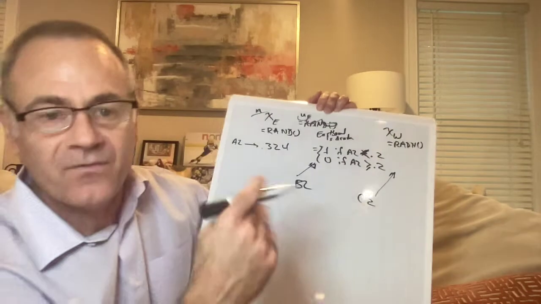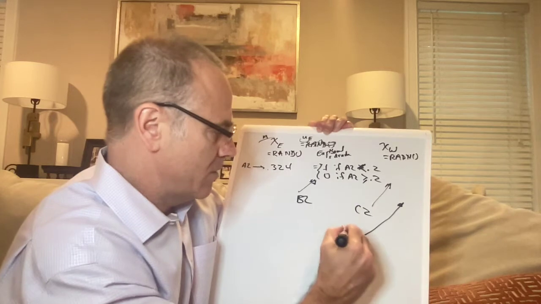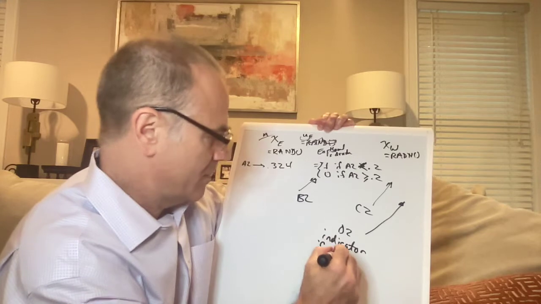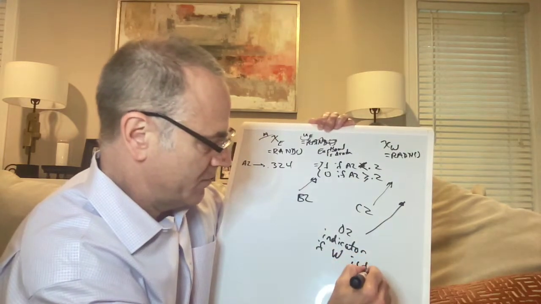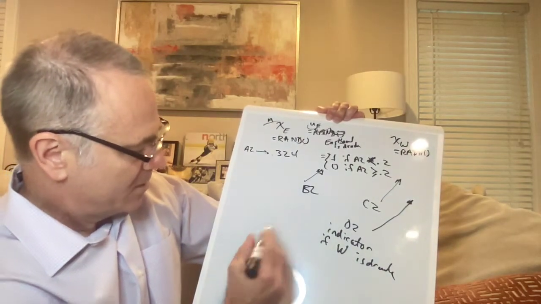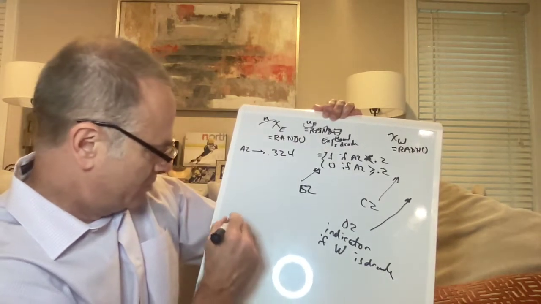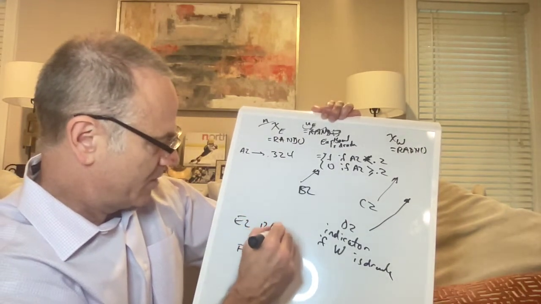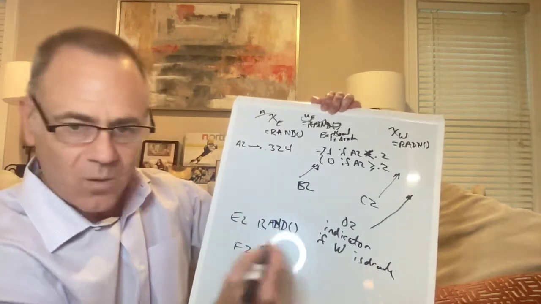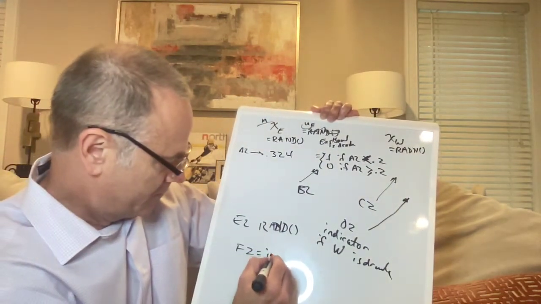So that's C2, and then you're going to have a D2 indicator if westbound is drunk. And then you're going to need to have E2, which is another random variable, say 0 to 1, and then you're going to create an F2,